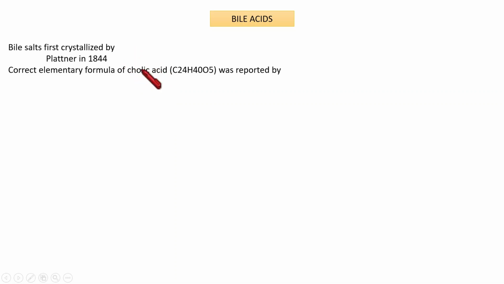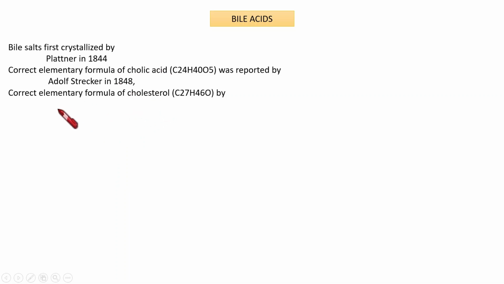It is the most common bile acid present in the bile. Its elementary formula was reported by Adolf Strecker in 1848, and cholesterol's elementary formula was correctly elucidated by Renitzer